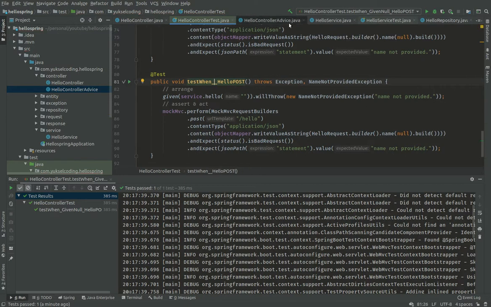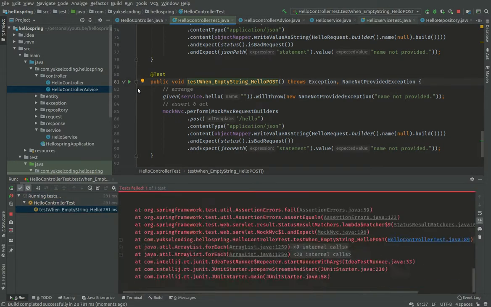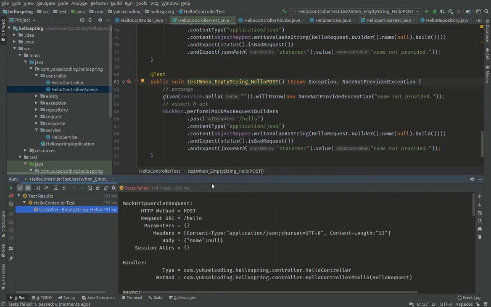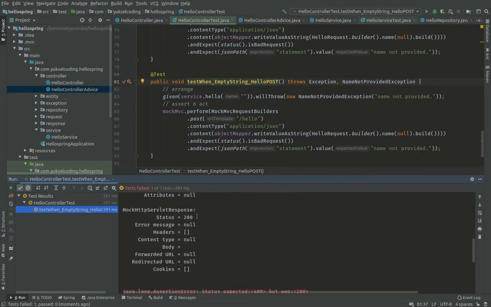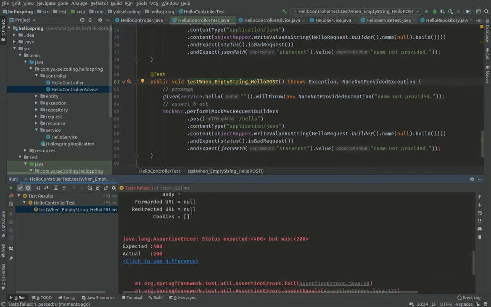It is important to think about every aspect. So let's run this test. And this test didn't work. Why didn't it work? Okay, we have an assertion error, expected 400, but